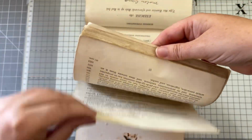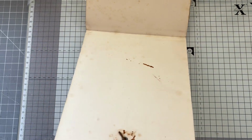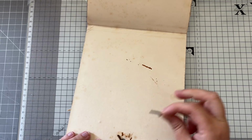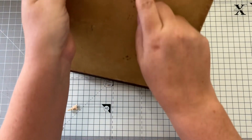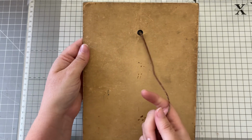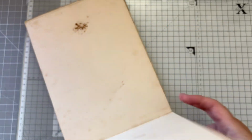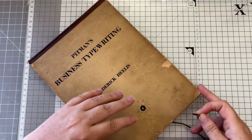And what I particularly liked, although it's not very attractive, is that it uses one of these, I can't remember, are they called treasury tags? We used to use them in school to attach bits of paper together. It's got an eyelet and then it's held together with a brad, and I thought it was a really interesting idea to use for a journal as a closure. So it kind of goes in there at the back and then just comes around to the front,